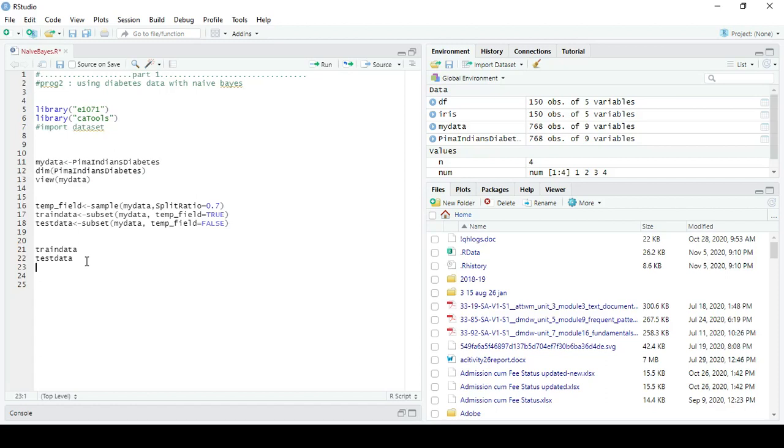So we divide the data into train data sets and test data sets with a ratio. Here 80% of the data will be the train data sets and 20% will be the test data sets.